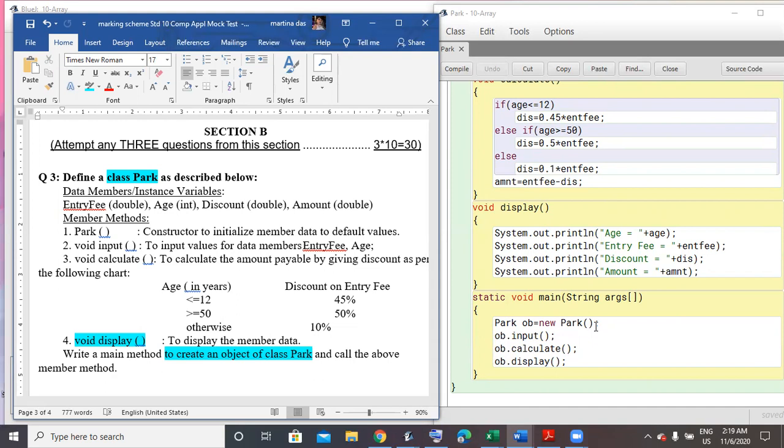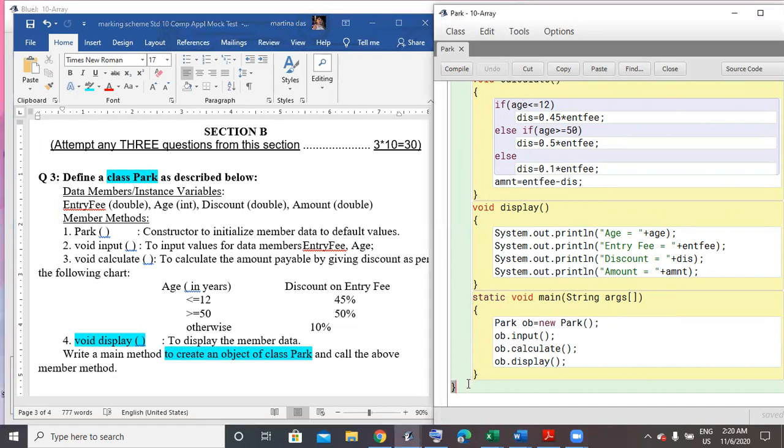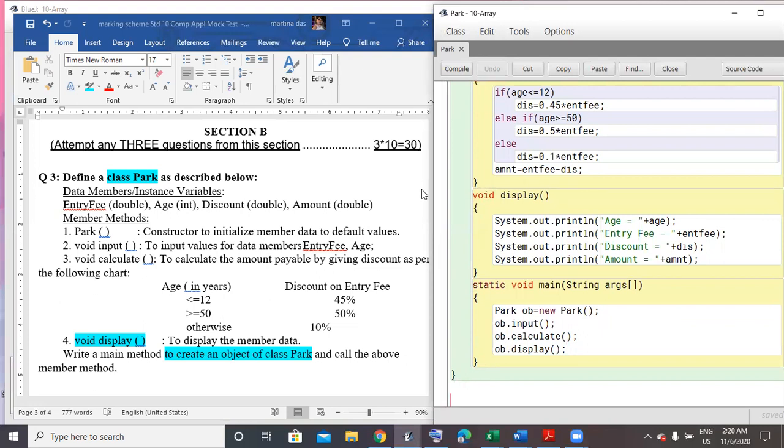After that, for the other member methods, I'm using object dot member method name: ob.input(), ob.calculate(), ob.display(). So this is my main method. Now you can see when I compile, I get no syntax error, and then you can get the output accordingly.